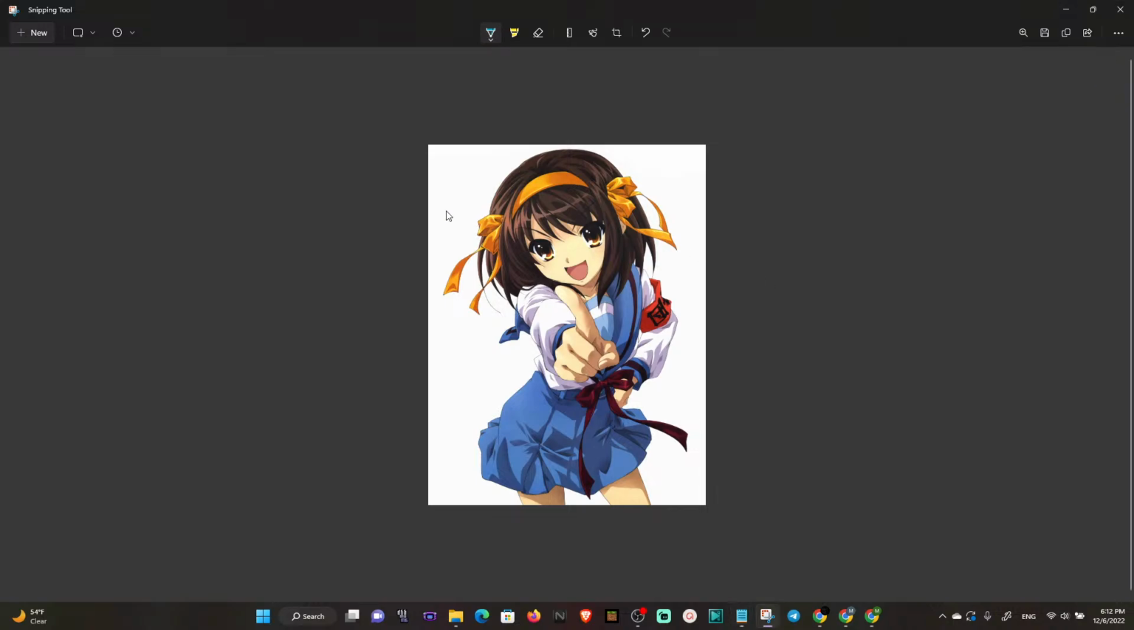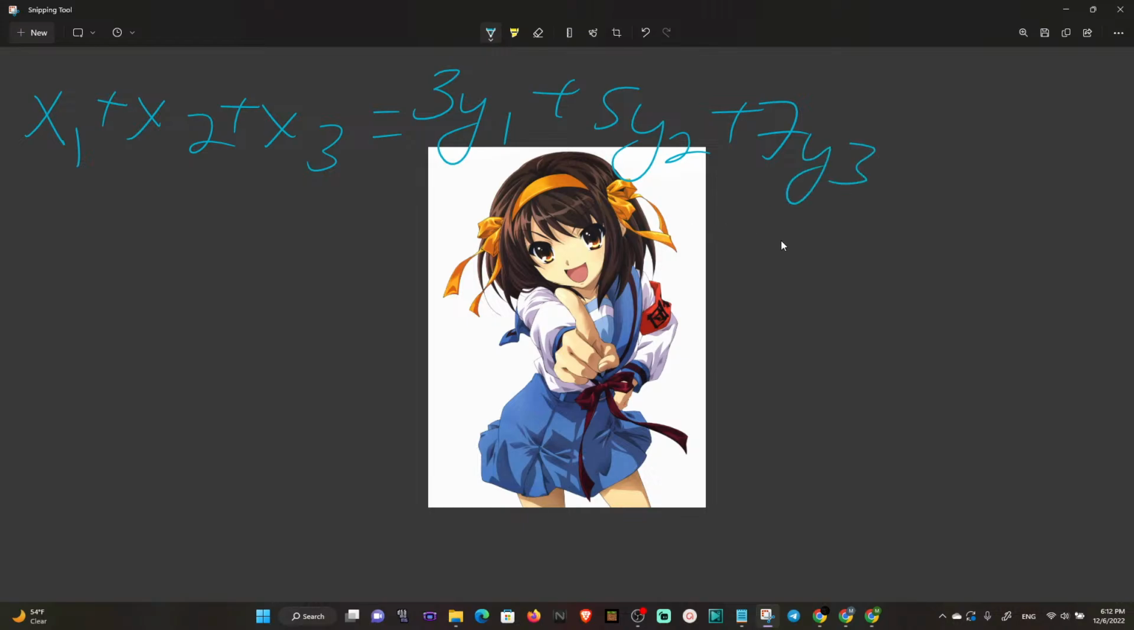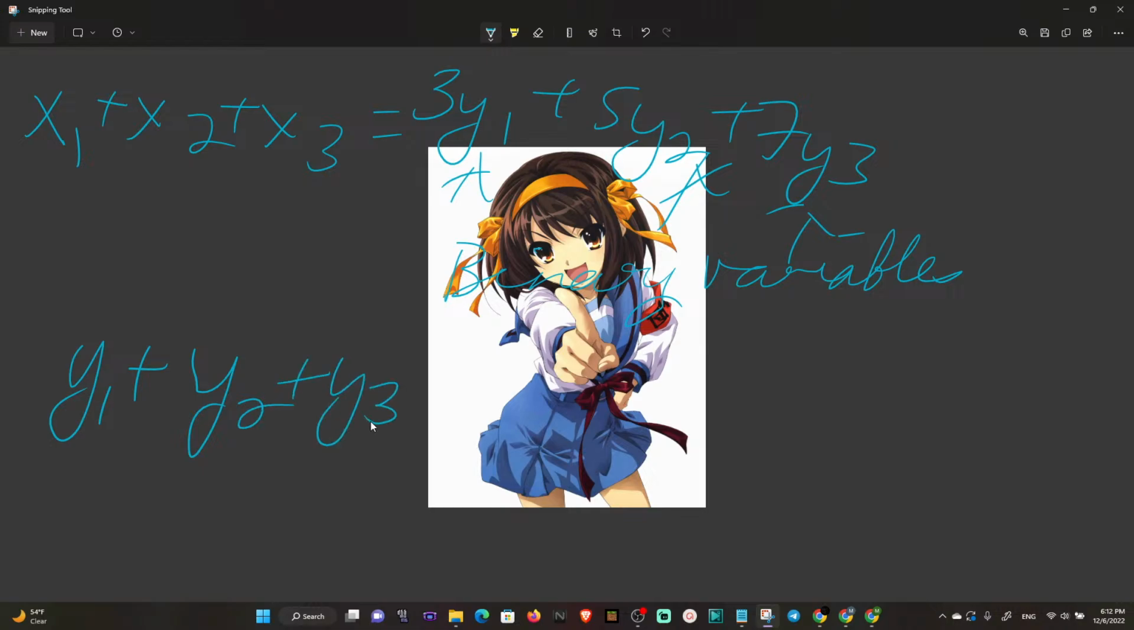Okay, so now let's write this down. So first you gotta realize what exactly we're doing. We're not writing any program, we're just writing 2 constraints. Constraint number 1 will be X1 plus X2 plus X3 is equal to 3Y1 plus 5Y2 plus 7Y3. Please note that the Y's in this instance are binary variables. And then the second constraint we're going to write will be Y1 plus Y2 plus Y3 is equal to 1